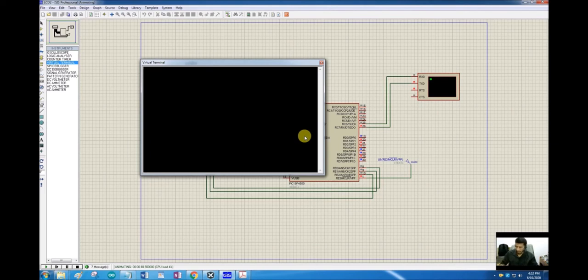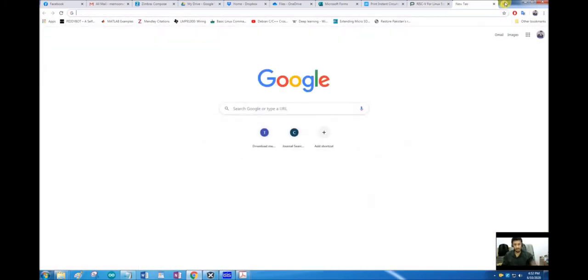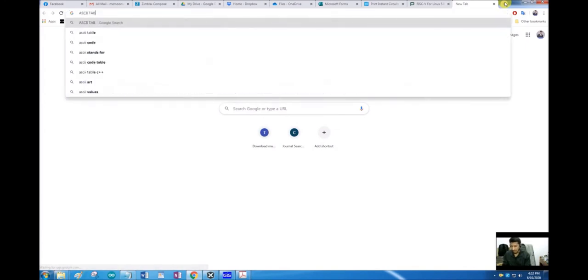So let me press A here. When I press A, port D shows 0100 0001. That is 41 hexa. And let's see what is the ASCII code in hexadecimal for the character capital A. So let me find the ASCII table.